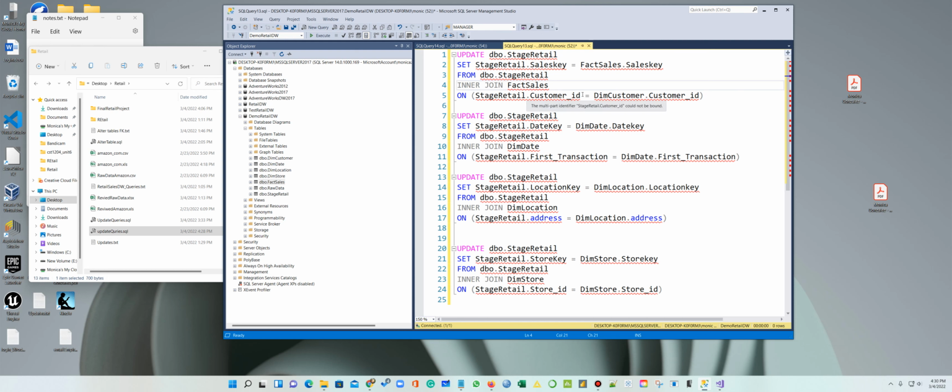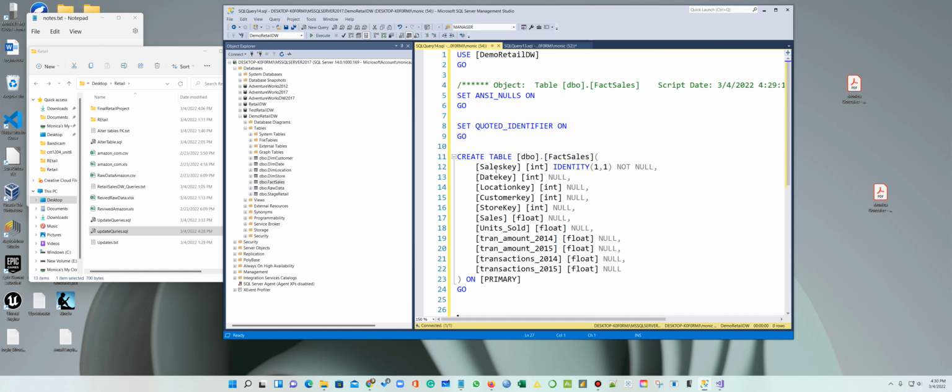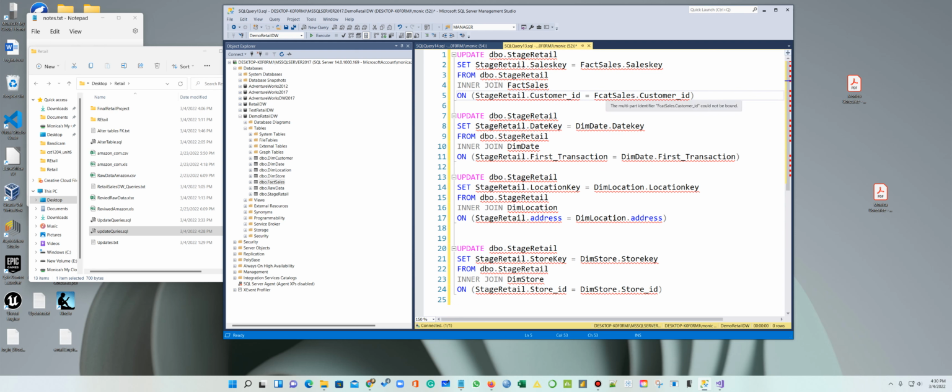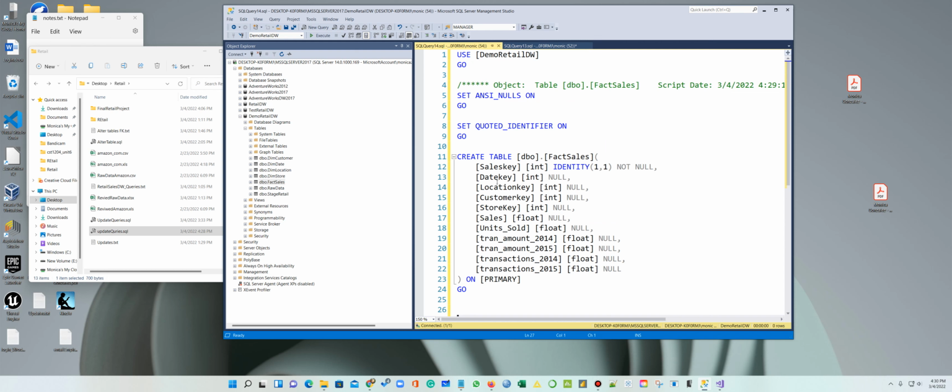Stage, and this is fact cells. Okay, let me see here. Is fact cells correct? Cells key is lowercase. Fact cells. Okay, now how are we going to connect it? What is the key, cells? Now cells, units sold, transaction amounts. How are we going to connect this? Store key, units sold,